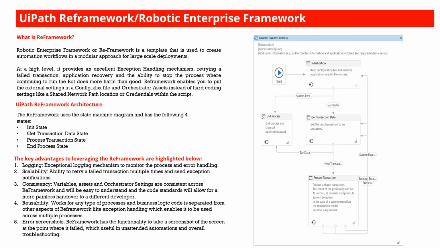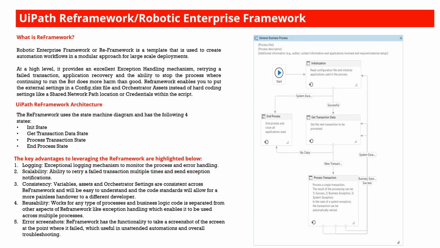But this RE framework can be configured, modified, or changed to work with data tables, Excel files, emails, or data coming from some XYZ third-party source as well. By default, when you download a RE framework or use a RE framework in UiPath Studio, it contains default settings to work with queues. And if you want to work with data tables, you need to make certain adjustments to it. You need to change the data types of variables. You need to change some of the config values so that you can work with emails or Excel files.